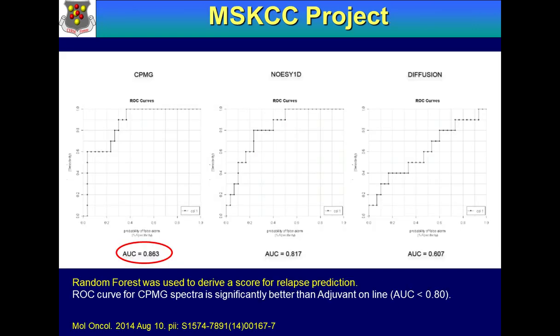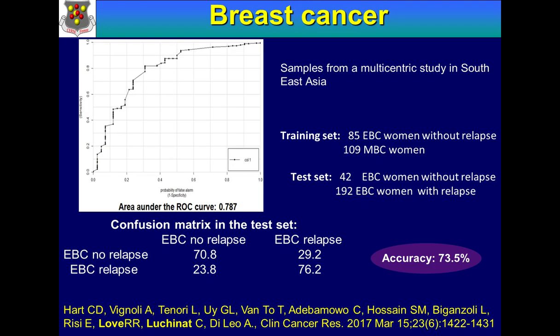And what is very interesting is that we had a prediction over 80%. And this is remarkable because all of these women would have been treated more or less in the same way. We could provide an additional hint to the physician on whether or how strong the chemotherapy should be, depending on this type of metabolic indicator of chances of getting a relapse.